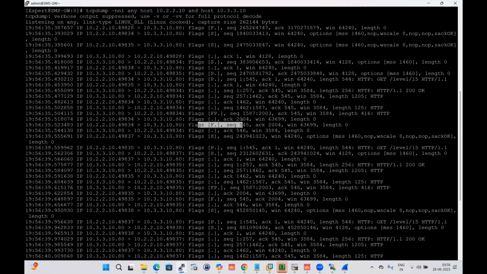F is the good way to terminate connections. It is also a flag in TCP dump, the FIN flag. So FIN is the good way to terminate connections. If you are able to see R, reset, that is not a good way to terminate the connection, but FIN is. So if you are able to see F and P in the TCP dump capture, we can blindly tell